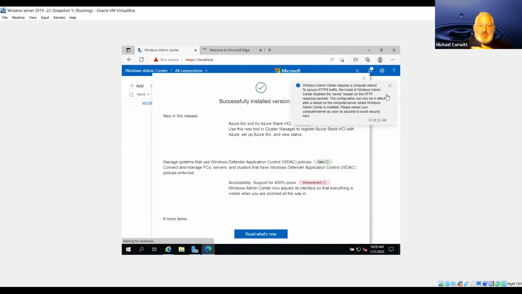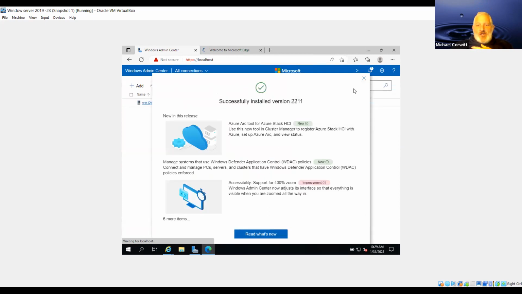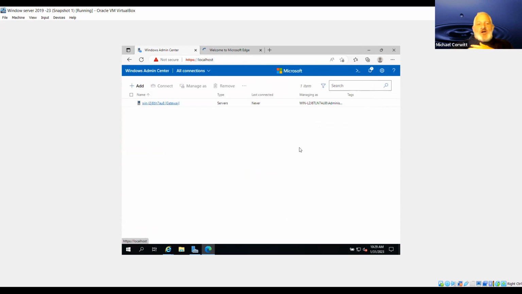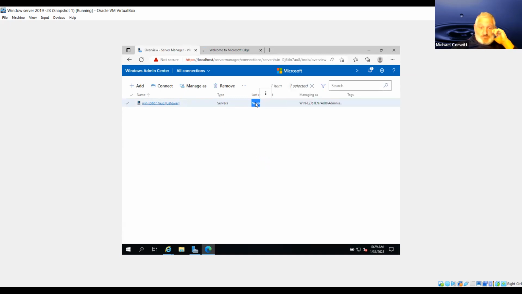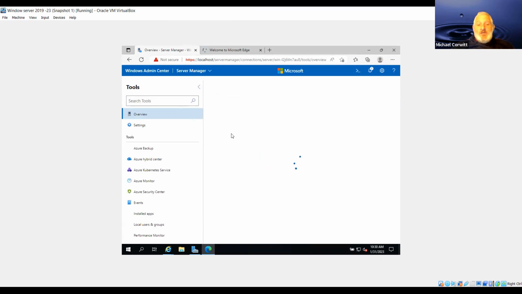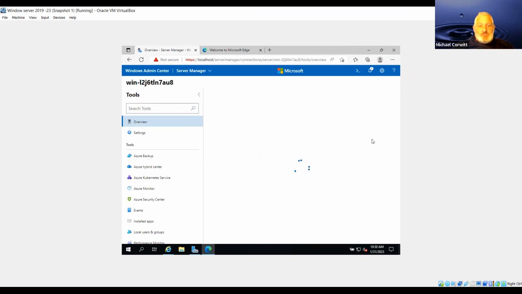Okay, there's our server. All right, so we have just installed Windows Admin Center. There's our server. Okay, we're gonna open it up. We're connecting to it for the first time. Okay, there we go. In our server, as you can see here,